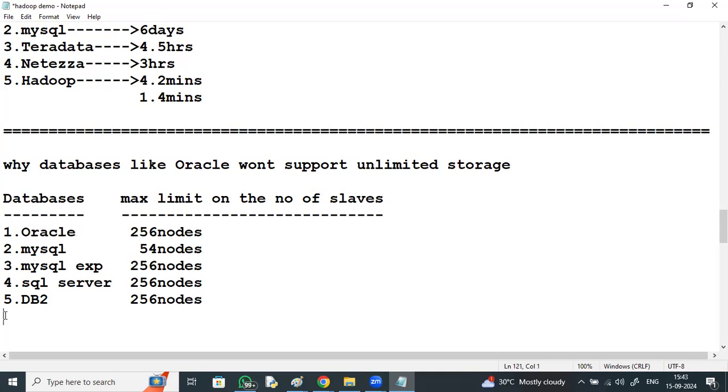Next, Teradata. It goes with 512 nodes for storing its data.